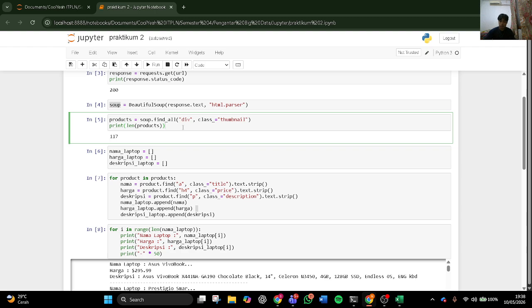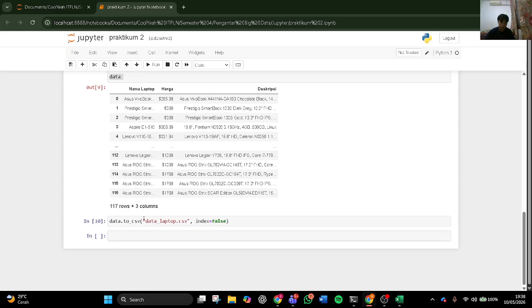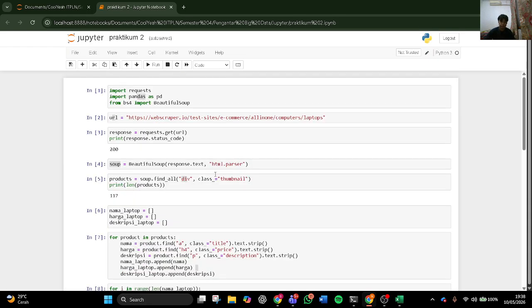And the next is use the find all to locate all div elements with the class thumbnail. Each laptop product on the website is wrapped inside a div with the class. So this line collects all of them into a list called data laptop. That is the CSV file name.